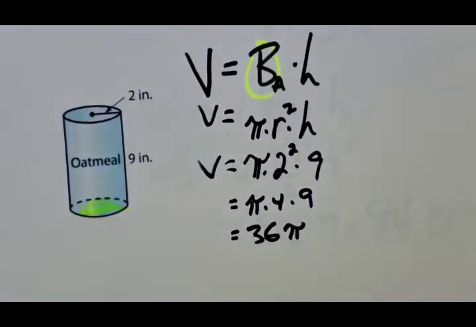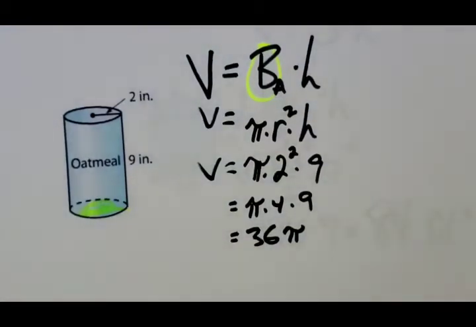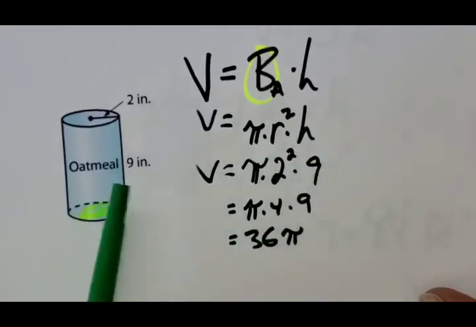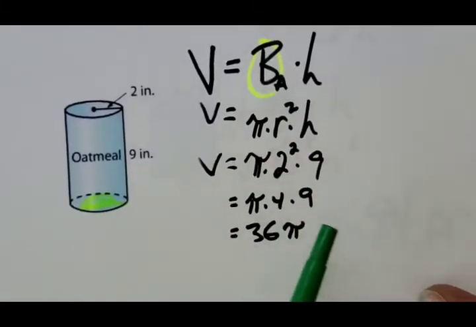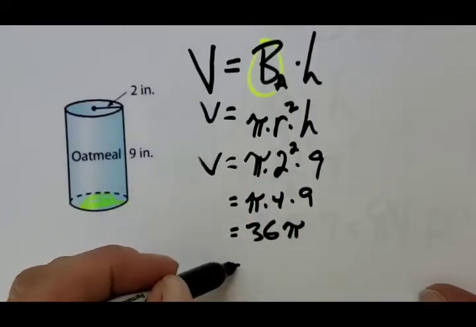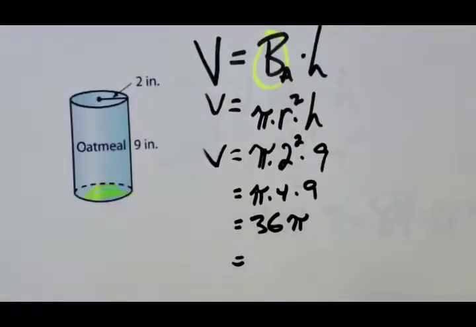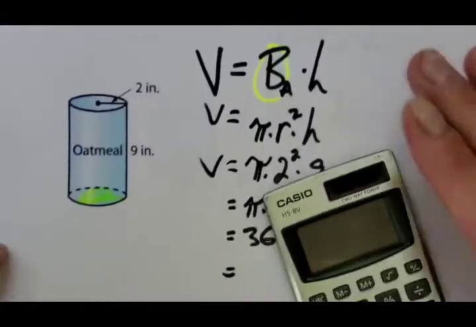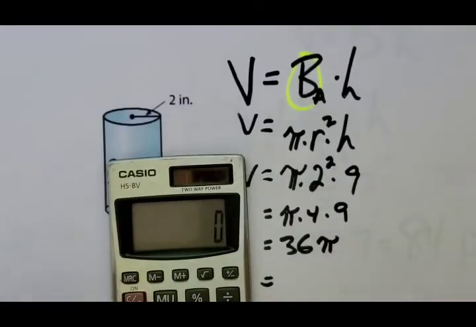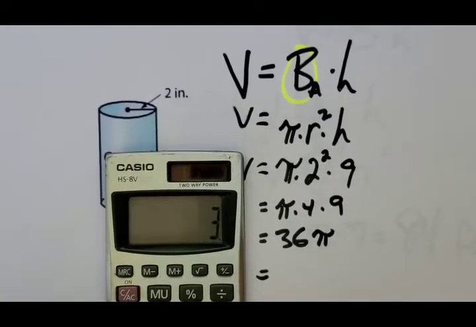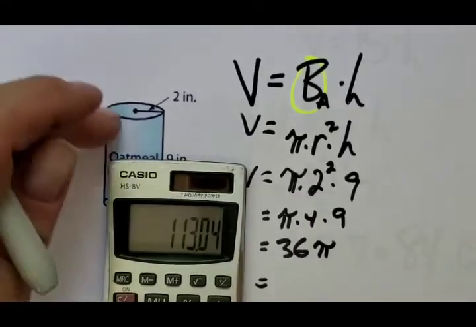So I just went through and simplified it. I don't think I need to explain it all. I plugged in the height, which was 9, and ended up with the 9 here. 9 times 4 is 36. This is 36 pi. The last step is to multiply pi times 36. So I'll get out my tried and trusty calculator. 36 times 3.14 equals